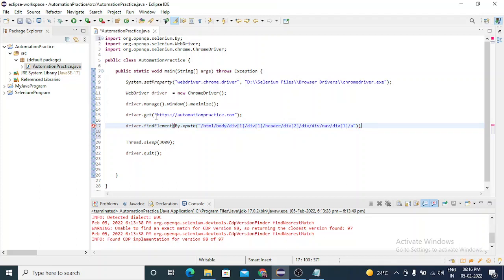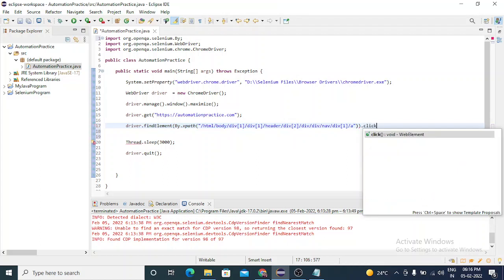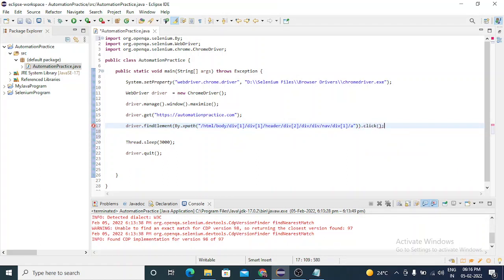Then we need to click on that button, so I just type click. There is an inbuilt method that has been imported. So now we click our sign in link. Let's check it out.